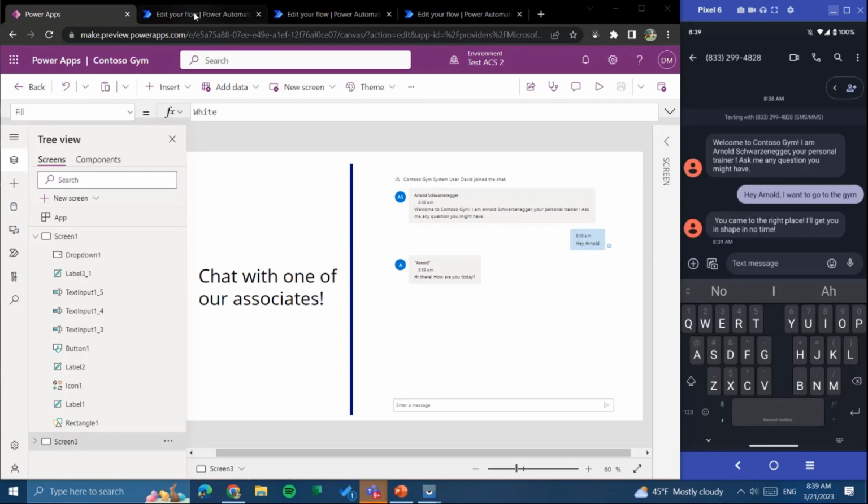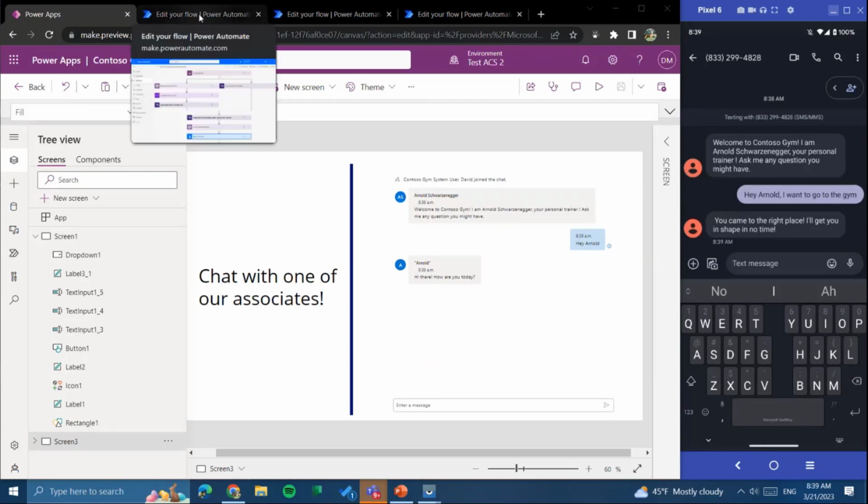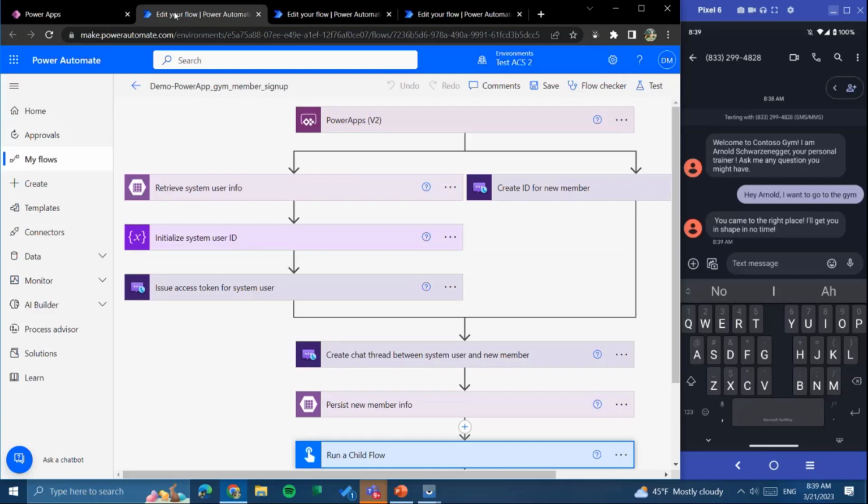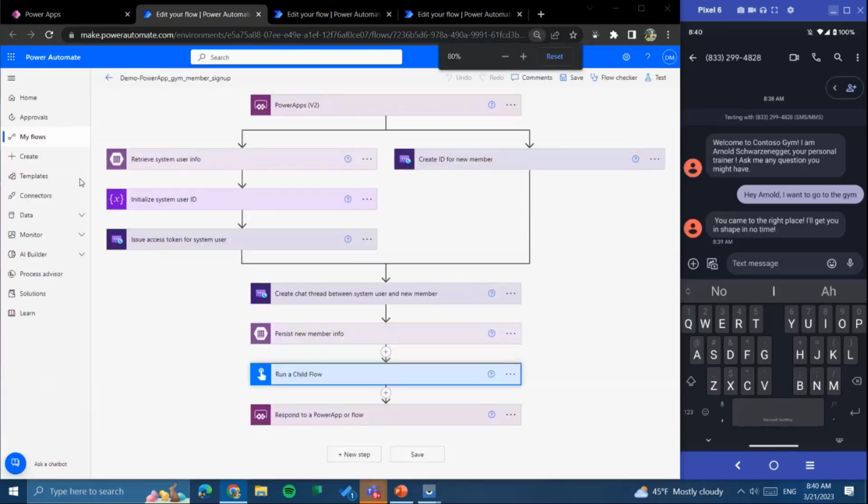Just to show you a little bit of how these are working behind the scenes, we have a couple of different flows that we're leveraging that I wanted to walk through. The first one is this flow here, where we use Power Apps to trigger the flow, and then use our Power Automate connectors for creating identities to first create a user token for our ACS user. Then we store some of that information in an Azure table so that we can track all the users on our gym system, their information, as well as their Azure Communication Services